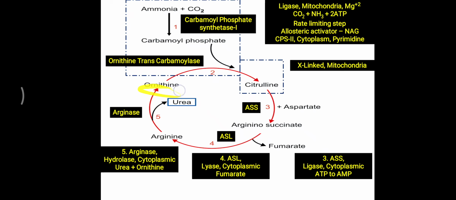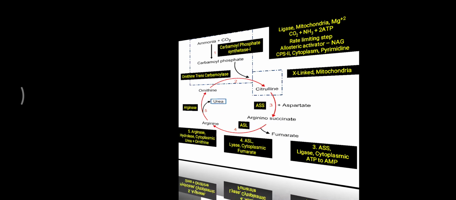So it is starting with the ornithine. That ornithine is needed for the urea cycle, and finally making citrulline. From the citrulline, argininosuccinate, arginine, and finally the ornithine molecule comes back. So it is also called an ornithine cycle.